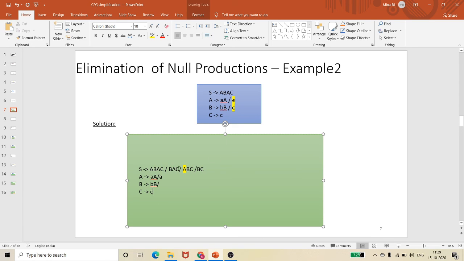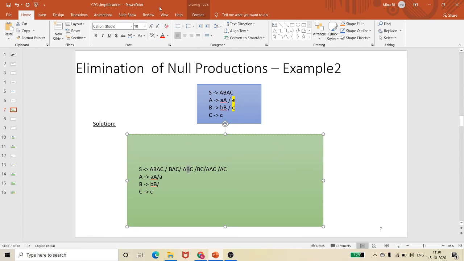Now let's handle the B. So let me make it all non-colored. Now for B, if I am substituting epsilon over here, my new production would look like A and capital C. There are no more B's over here, so I make it non-colored. Again I can substitute epsilon in this particular B. If I substitute epsilon in this particular B, then I will be getting a new production AC, which is not in this combination. So let me write it as AC, and I have handled it.